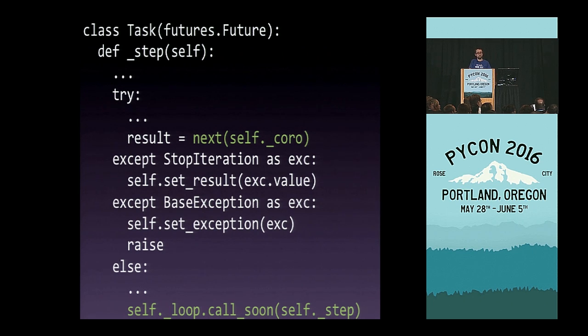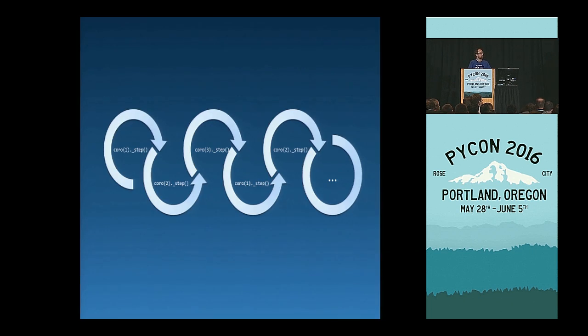But how do we do this? We're going to do this by saying, and by the way, I'm done now. Call me soon. So you can actually imagine that the execution in practice looks like this. We're just calling steps on all the coroutines that we have, one after the other, assuming that each of them is going to take a little time. Hence, we're actually maximizing the usage of a single thread. We're not going to wait on external I/O, but instead, we're going to keep our CPUs busy. So that's the model on which async I/O is built, having that trampoline of the tasks, just scheduling simple steps one after the other.